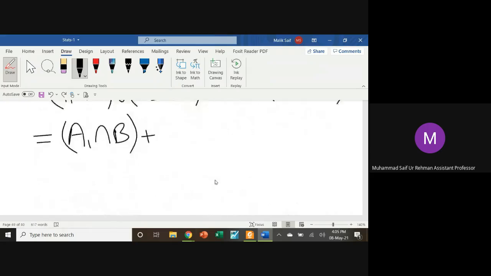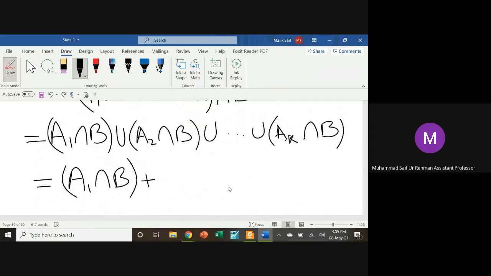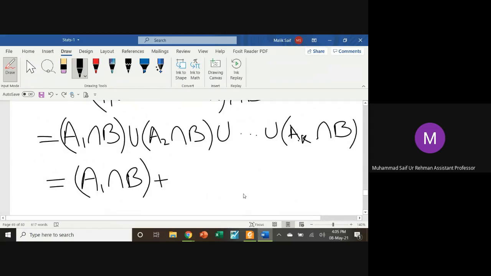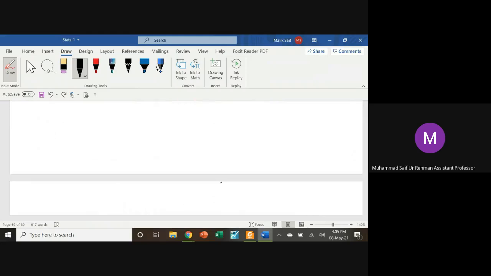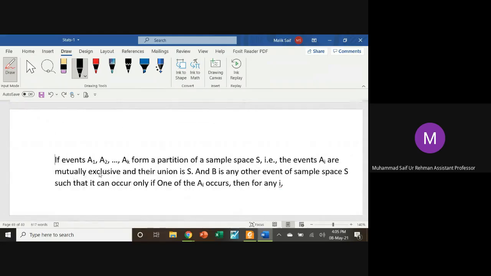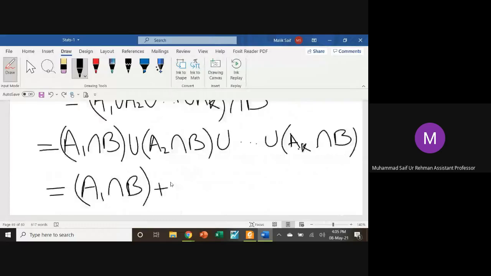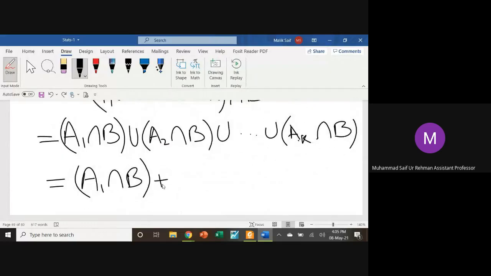Then I will write it down, because when union is there and you are going to apply the probability, then you will see that they are mutually exclusive. That I have written in the explanation in the start, that events Ai are mutually exclusive. So this union will take form plus, and we will use the special rule of addition when probabilities are there. So let me write down probabilities on both sides. But before that,